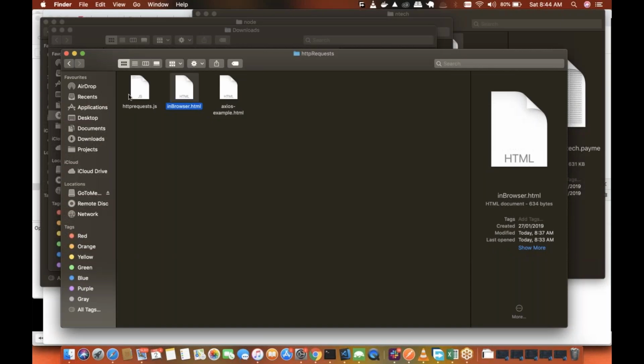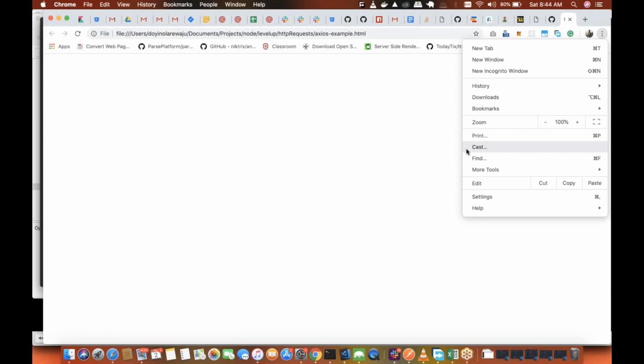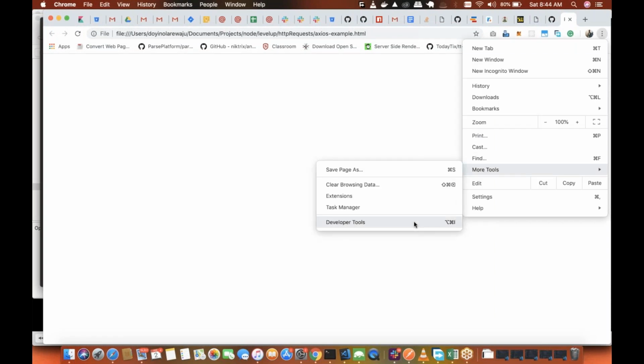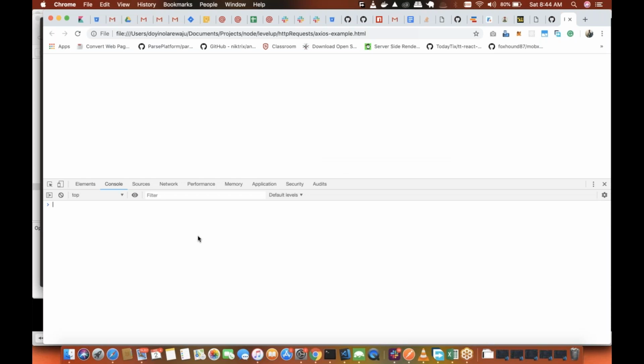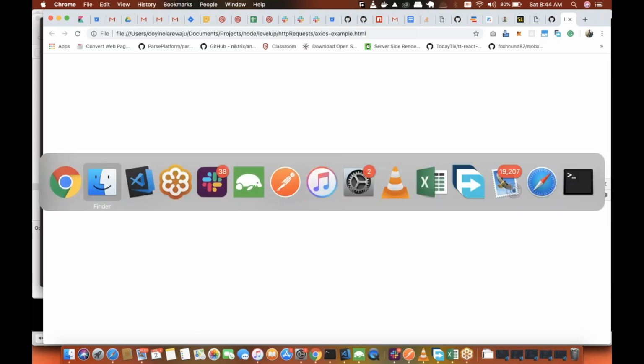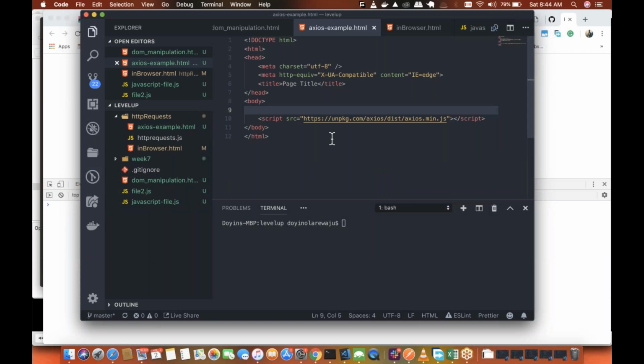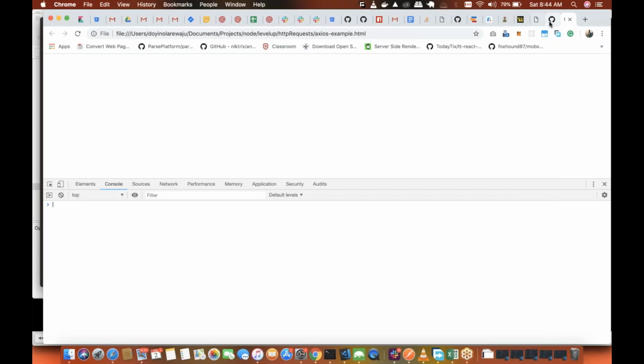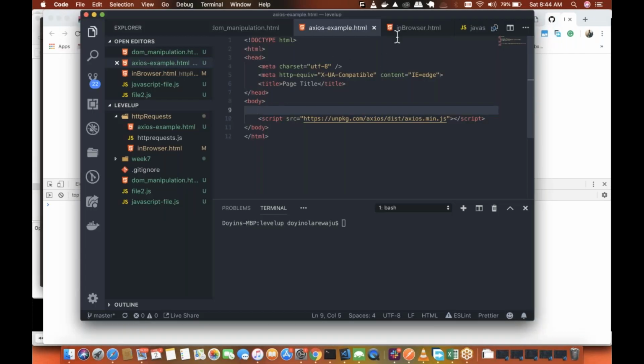Now, this is where the promises we did will actually come into use. So there are no errors. That's good. So the full meaning of CDN is content delivery network. People host static files on a CDN, and then you can actually access them. Now we want to do the same thing we did here